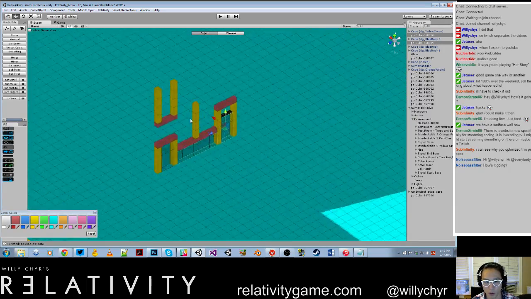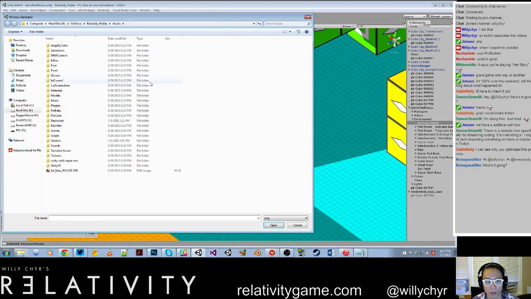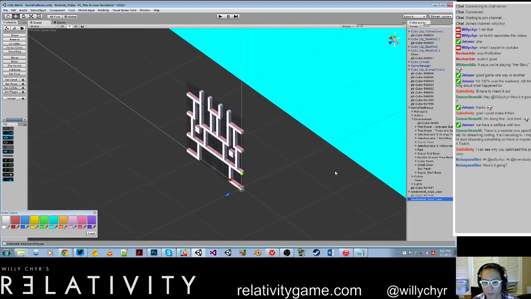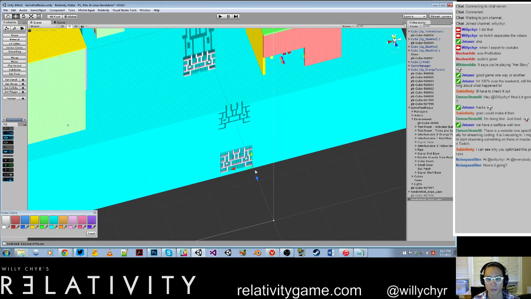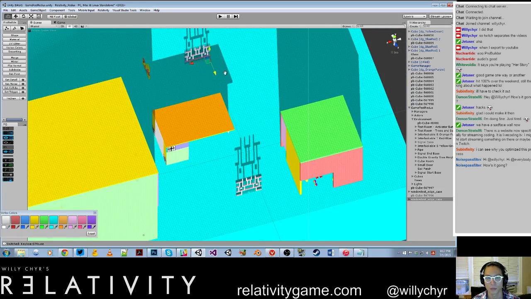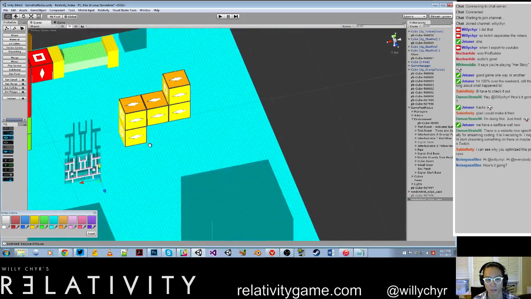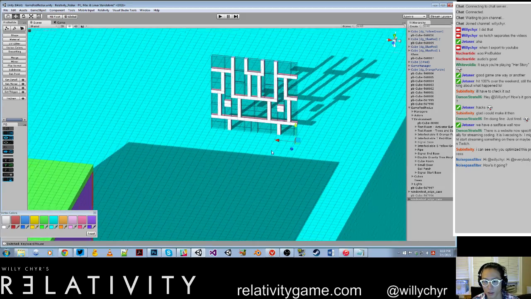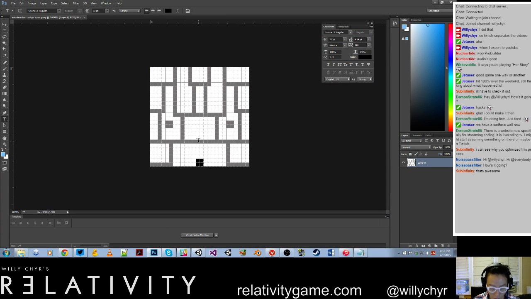So basically, you were seeing how painful that process was for me. Now if I go into Relativity, World Building, World Generator, I can pick out this image, and boom. Look at that. It just generated this glass. Look, it's even got the missing gap there. So if I wanted to make changes, that's just